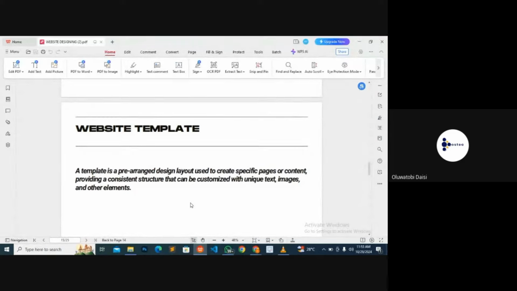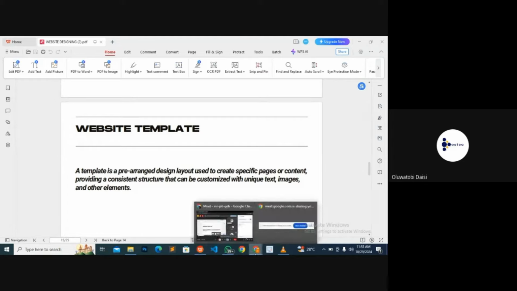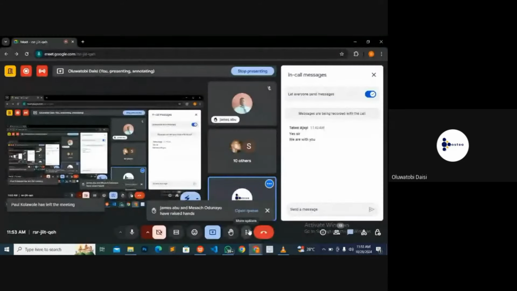a template is optional, but a theme is compulsory. After you might have installed your theme, you can now decide to make use of a template or not. All right, but you cannot make use of a template without a theme. Do I have to say that again, or have we gotten it? A template is optional, but you must install your theme before you can do anything.